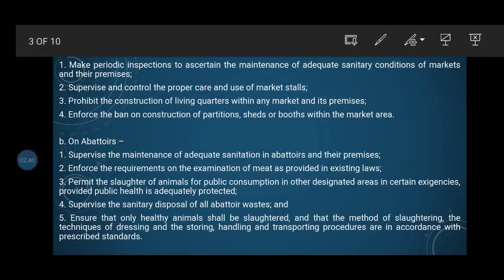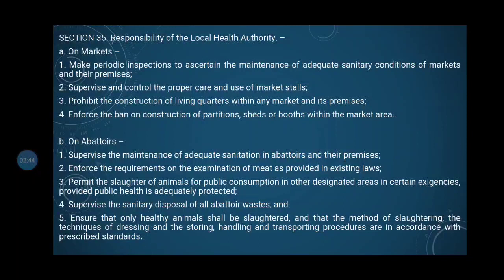Then 2, supervise and control the proper care and use of market stalls. 3, prohibit the construction of living quarters within any market and its premises. 4, enforce the ban on construction of partitions, sheds, or booths within the market area. Then, sa B naman, sa abattoirs,